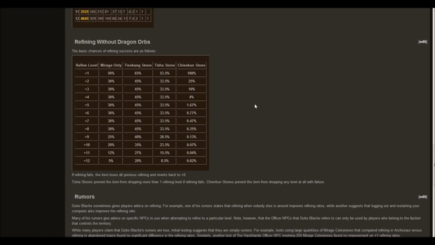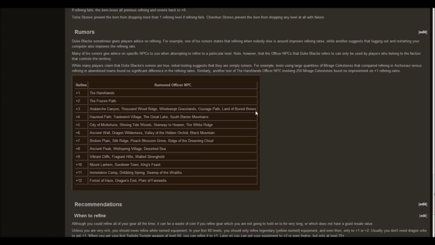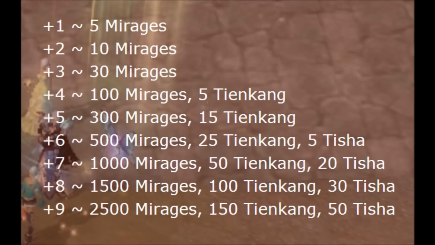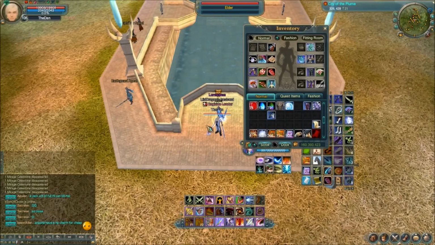Here's a little bit about the rumors. People have noticed that he gives advice about land NPC, refining hours, crowded areas, and stuff like that. And here's just the rumored officer NPCs. And here's a little chart I made of what you should bring or expect to use. That's basically what I use or have used as guidance, what you need to have before